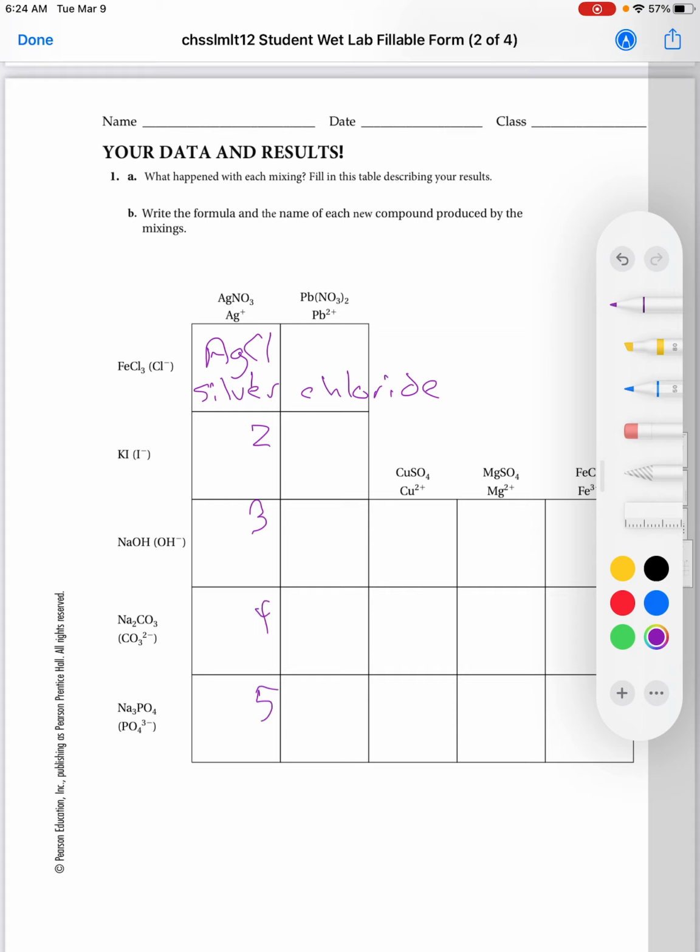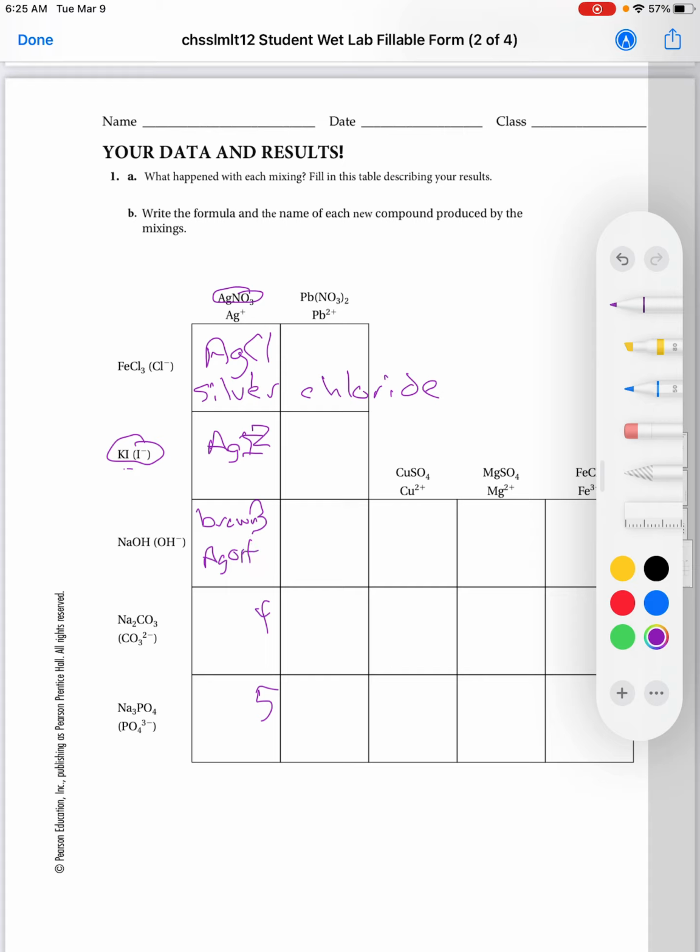And in the second one down, it's called a light yellow precipitate when we react silver nitrate with potassium iodide. And we make silver iodide, or AgI. We are making AgI. And that is called silver iodide. The next one down is a brown precipitate, and it would be silver hydroxide, AgOH. And when you write precipitate,